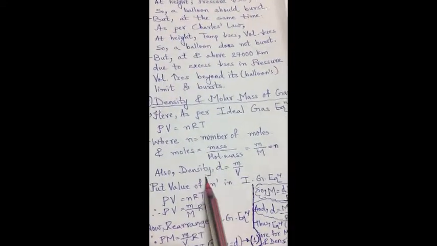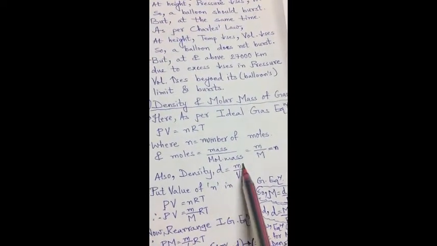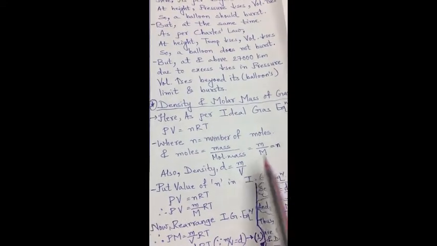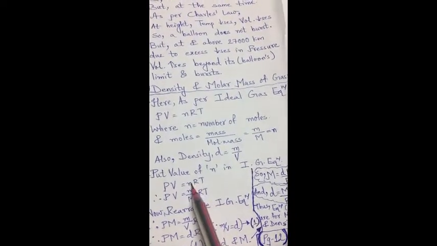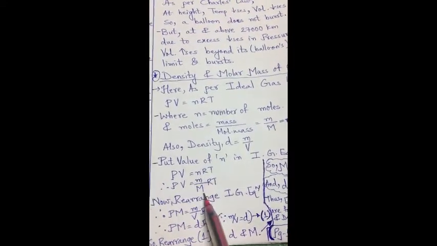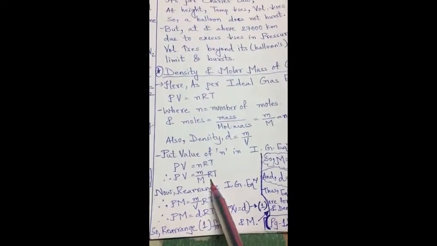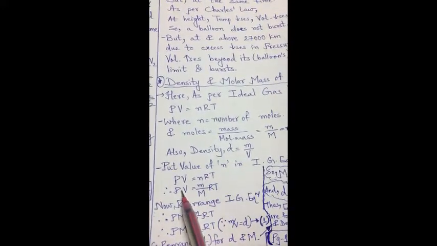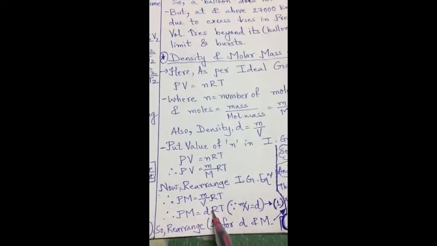And what is density? Density is equal to mass by volume. So density D is equal to m by V. Now if we put the value of n in PV = nRT, that is the ideal gas equation, then instead of n what can we put? m by capital M. So PV is equal to small m by capital M RT. Rearrange these terms of the ideal gas equation. Why? Because we want density. So taking molecular mass on the left hand side, we will get volume here. So it will now be PM = m by V RT.